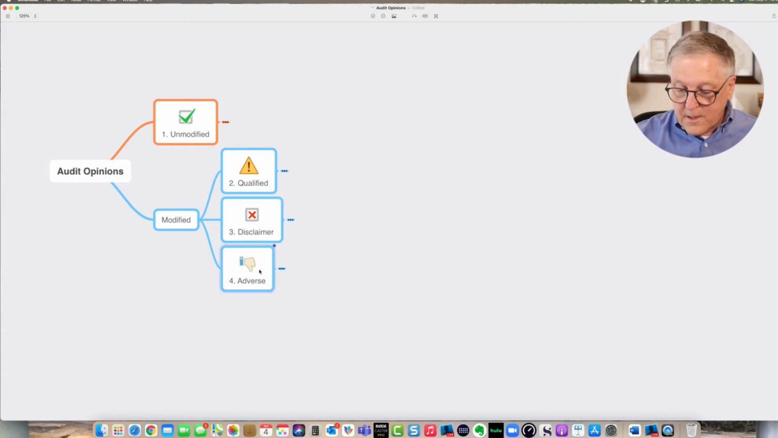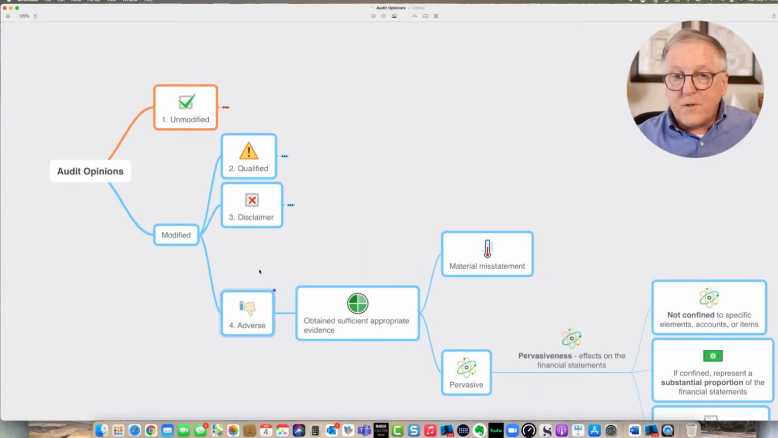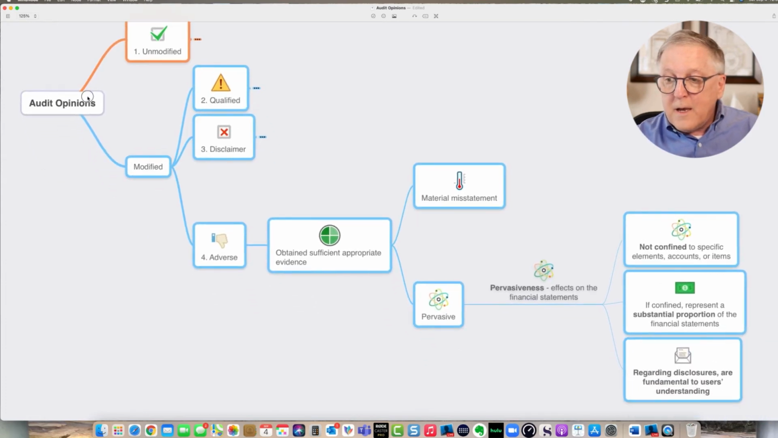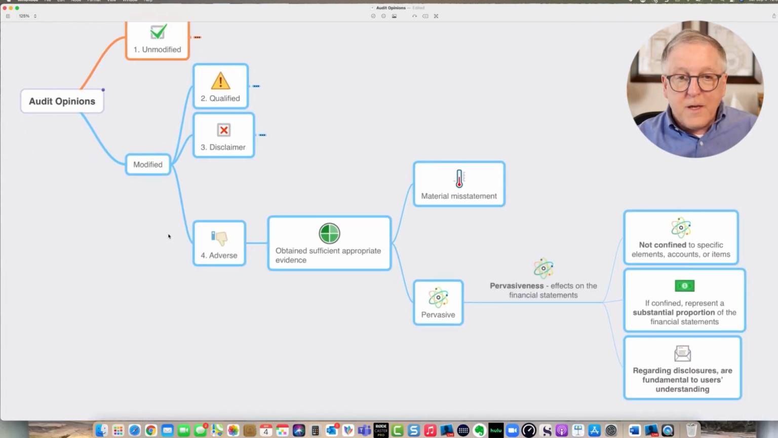Now, finally, let's talk about an adverse opinion. And I very seldom ever see an adverse opinion. I really don't see disclaimers very often. I do see qualified fairly often. But,